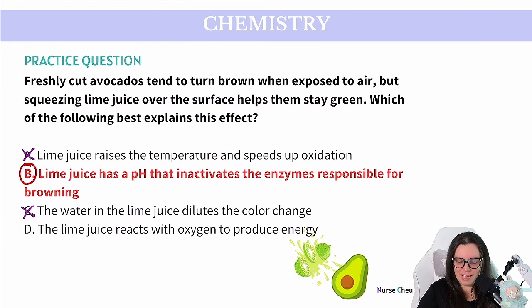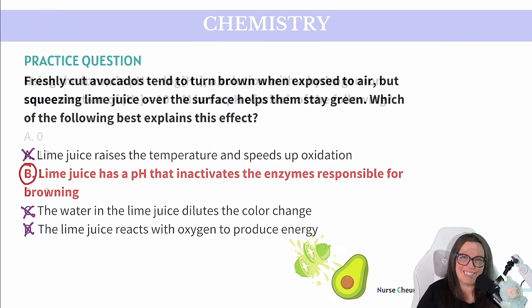And then lastly, we have D. The lime juice reacts with oxygen to produce energy. Lime juice doesn't react with oxygen in that way. It's not producing energy, like we see with cellular respiration and mitochondria, but it's rather preventing enzyme activity,